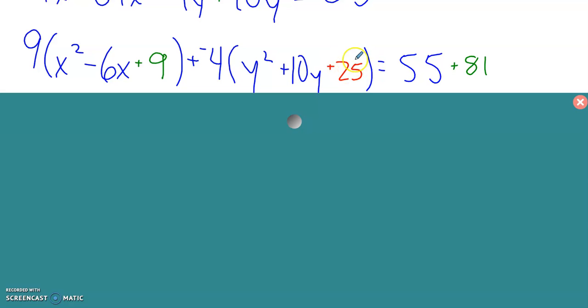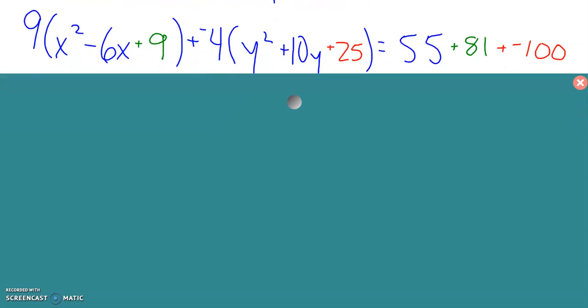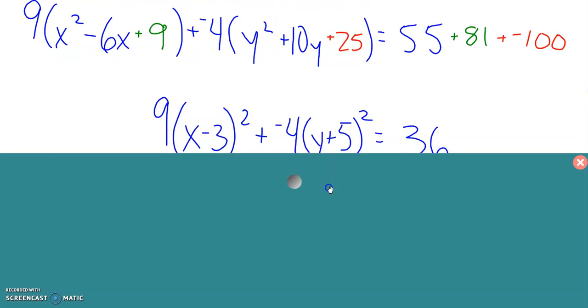But it looks like a 25, but it's being multiplied by negative 4. So to keep this side balanced, I need to add negative 100 to this side. So be careful with your negative signs here. All right, next,